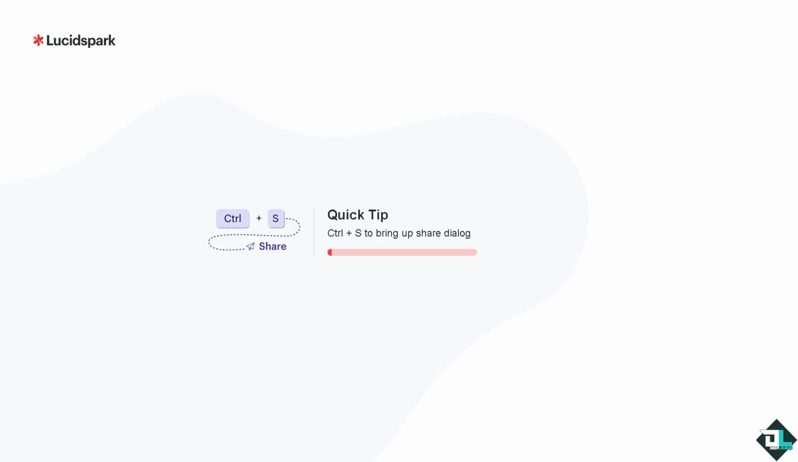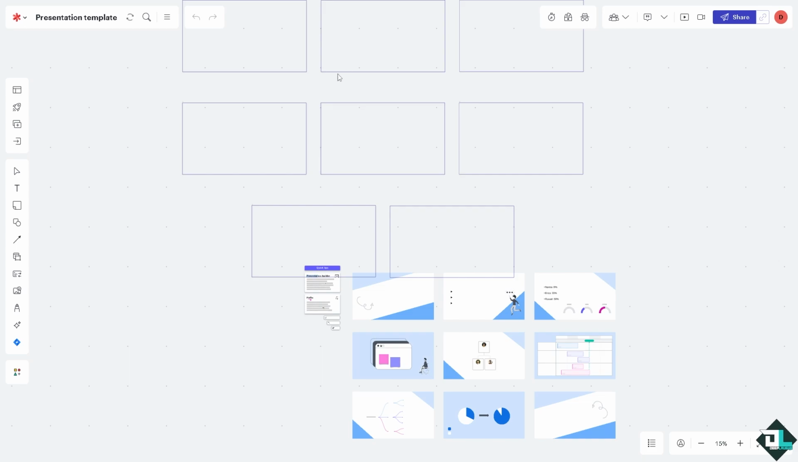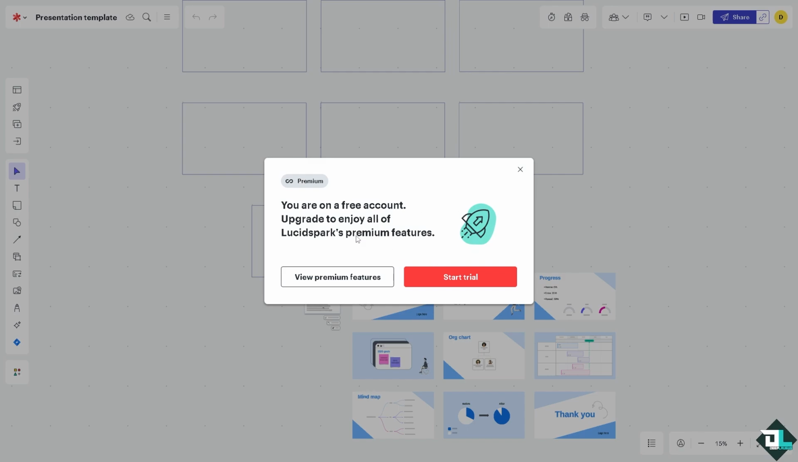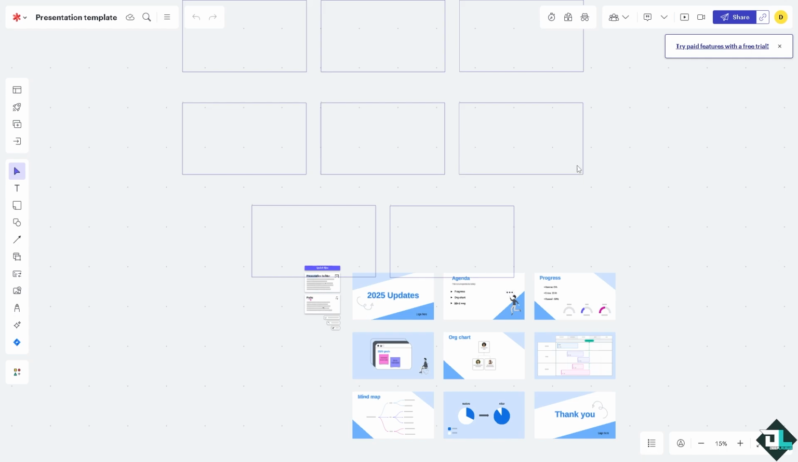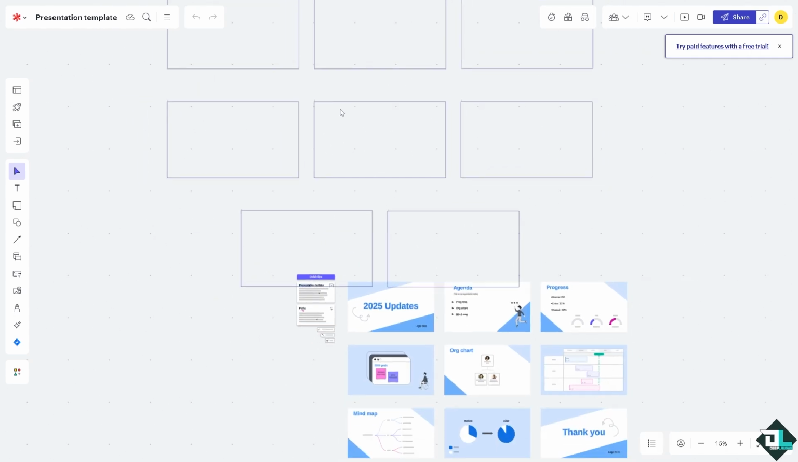Wait for it because it's beginning to load. It will forward you to the Lucid Spark. All right. Now, once you are here, you want to make sure that everything is. You are in a free account and upgrade to enjoy all of the Lucid Spark's freemium features. But if you don't want any of the premium features, let's try to